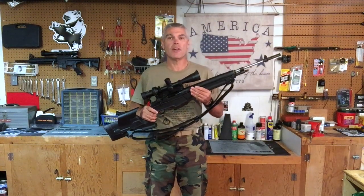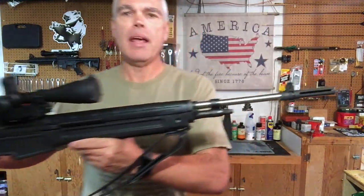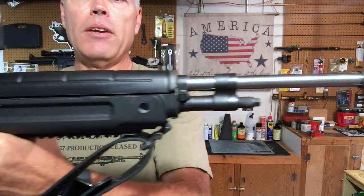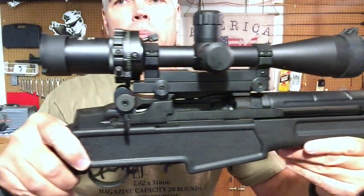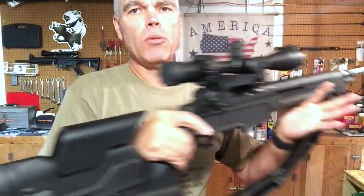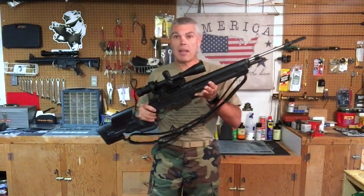Hi folks, HR Funk here with my brand new Springfield Armory M1A Loaded rifle, complete with the Leatherwood Hilux M1000 auto ranging and trajectory scope. I'm going to be reviewing this rifle for you today, but first there's a story about how this rifle came